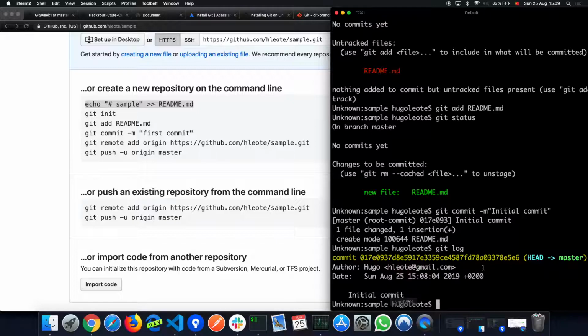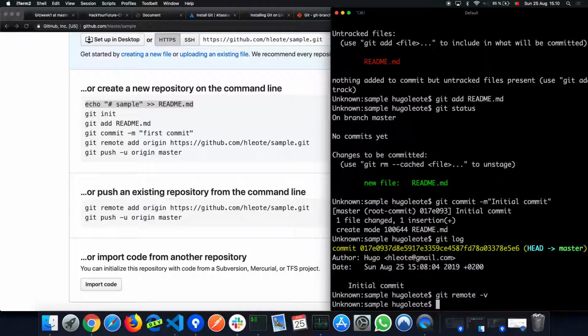So for example, if I do git remote, nothing is shown, because at the moment I'm not able to push anything. So for example, if I try to push,